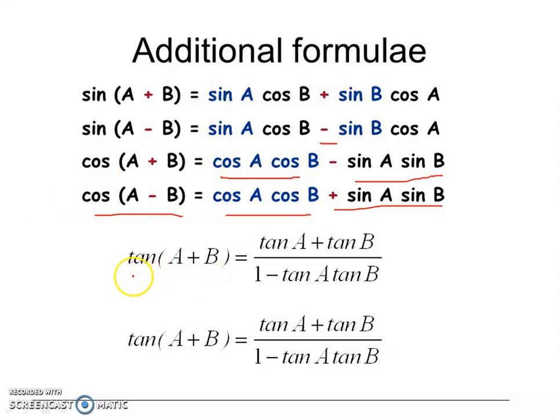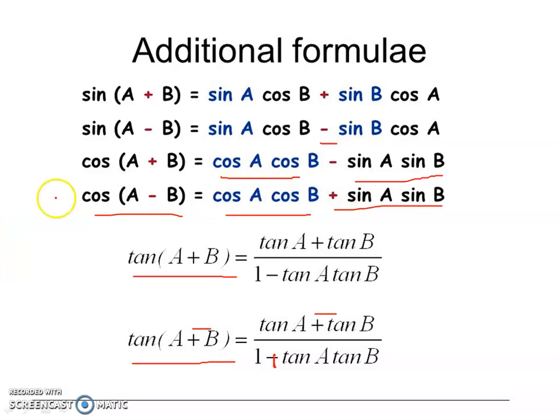Now our very important tan(A+B) is tan A plus tan B upon 1 minus tan A into tan B. And the second one, tan(A-B). Here we must think that this format is again the same. If I take tan(A+B), then plus and minus. For tan(A-B), we have to write minus here and plus here. Okay, we consider all these things.